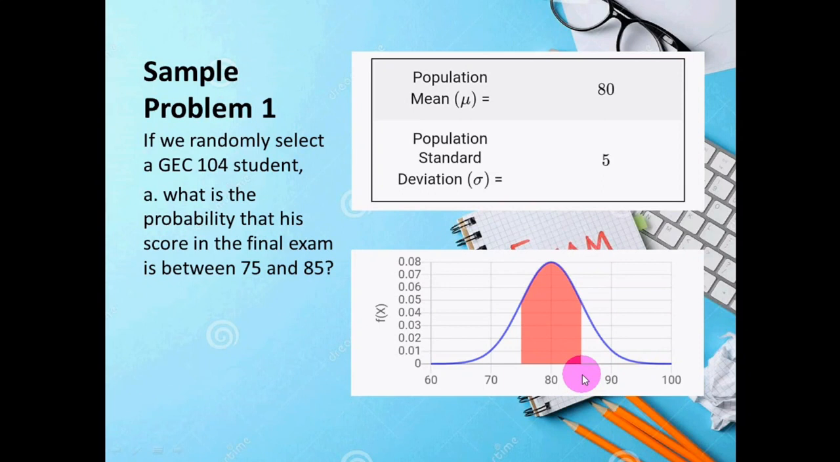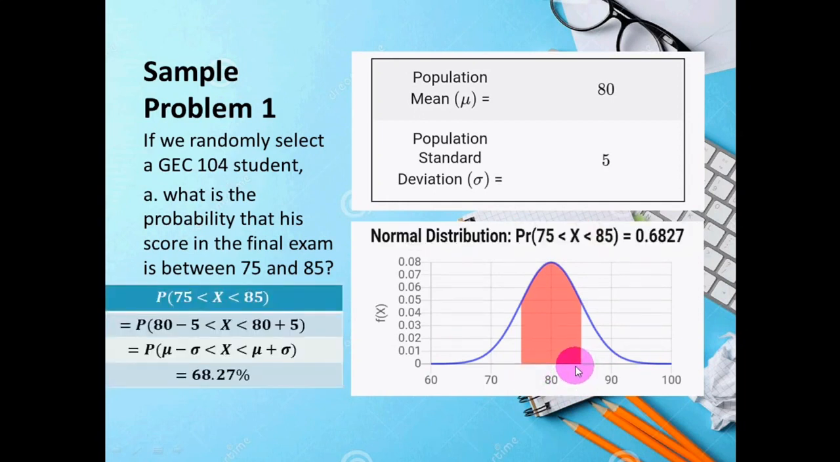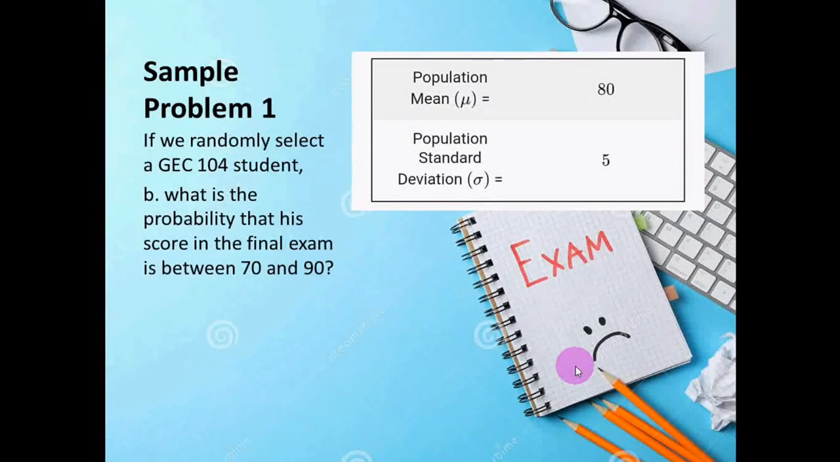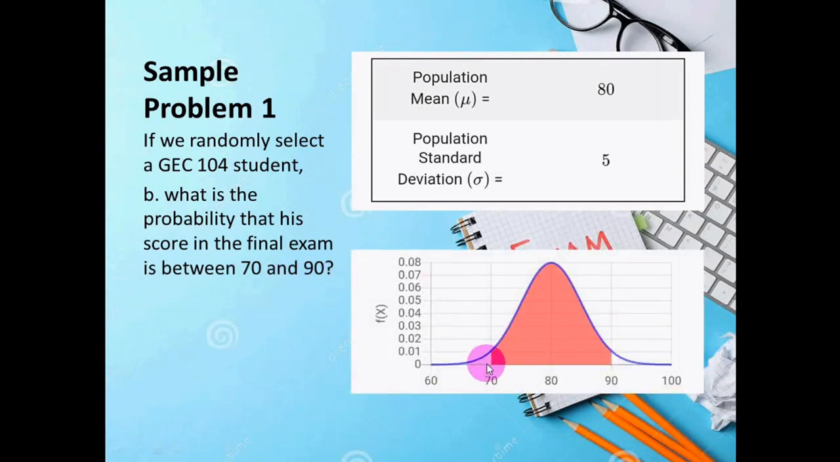So, by empirical rule, the probability that the score of a randomly selected GEC104 student falls between 75 and 85, or falls within 1 standard deviation away from the mean, is 68.27%, or that is 0.6827. Another question, what is the probability that his score in the final exam is between 70 and 90? Now, 70 is 2 standard deviations below the mean, and 90 is 2 standard deviations above the mean. So, by empirical rule, the probability that the value of a random variable falls within 2 standard deviations away from the mean is